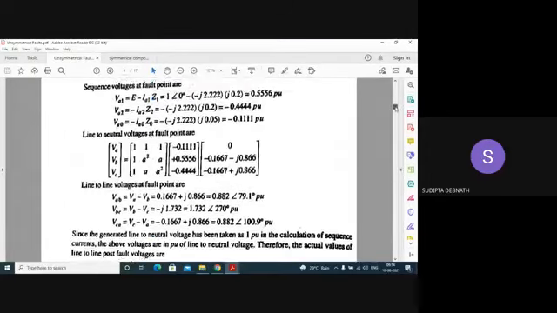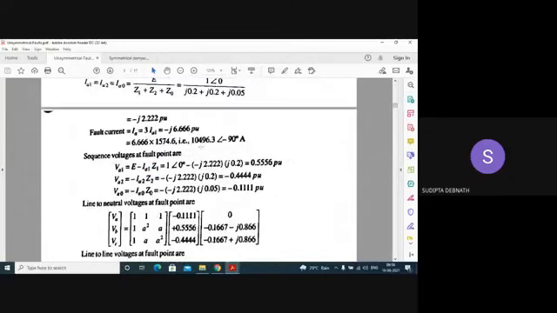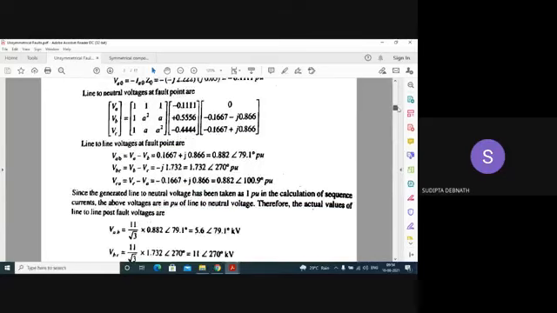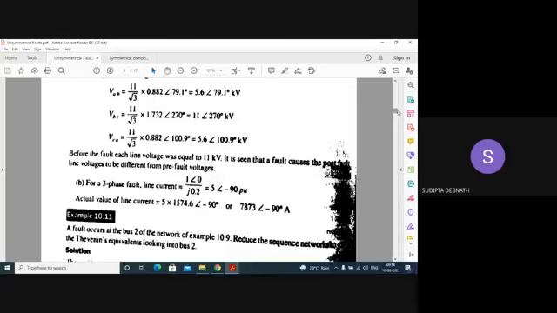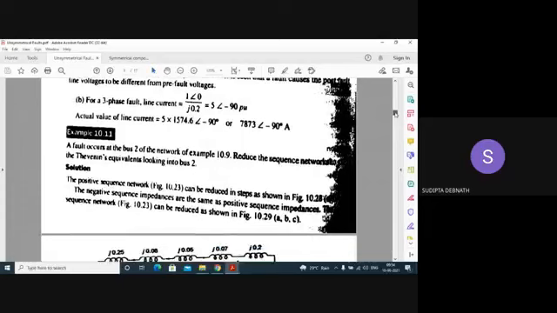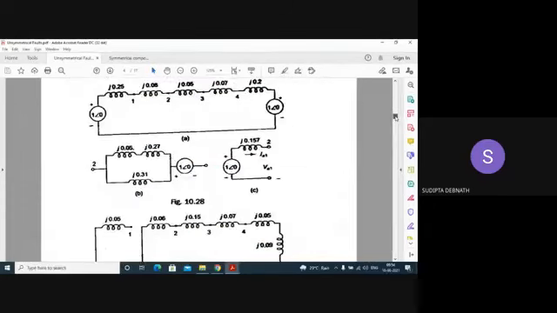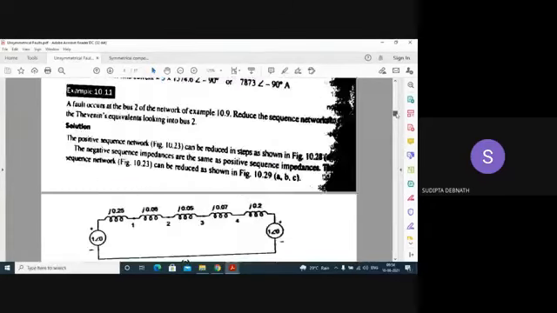And what is the fault current here? Fault current is IA. It is 10496. You can see here it is greater. Single line to ground fault current is greater than the three-phase fault. Sometimes somebody may think as the fault has occurred in all the phases, the fault current will be greater in three-phase fault, but it is not always the case. We'll discuss when the single line to ground fault is severe and when three-phase fault is severe. Now this is very important.